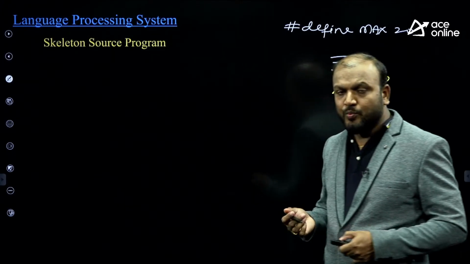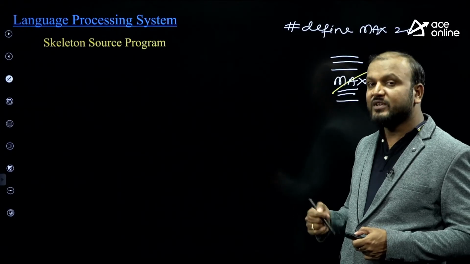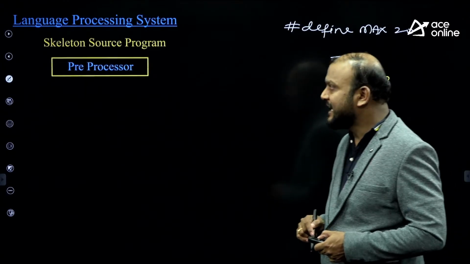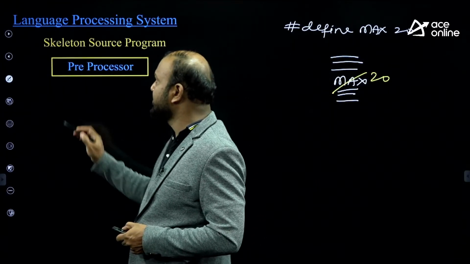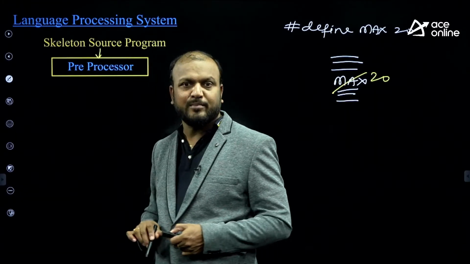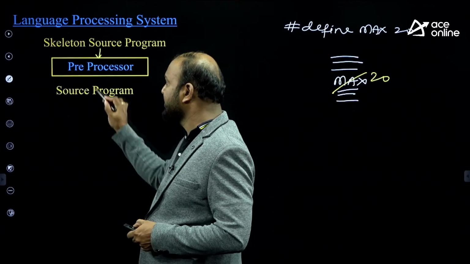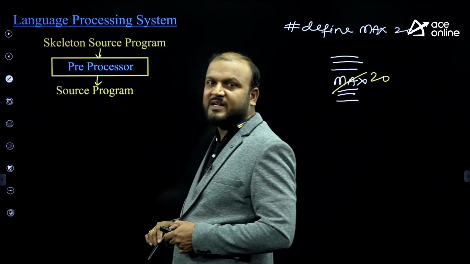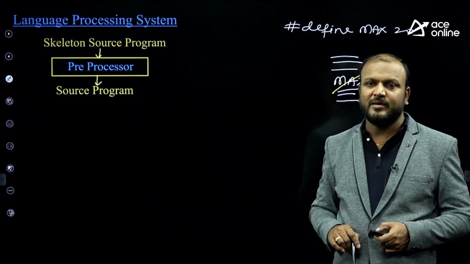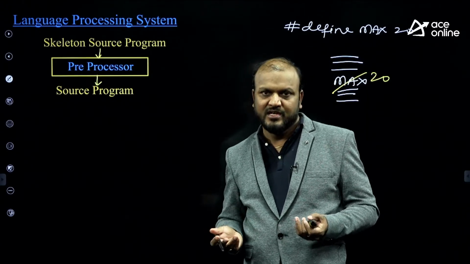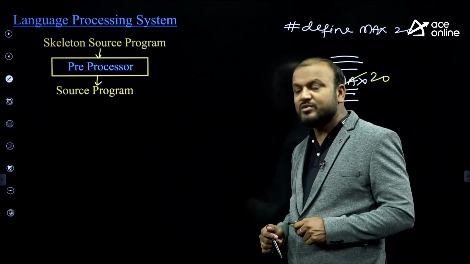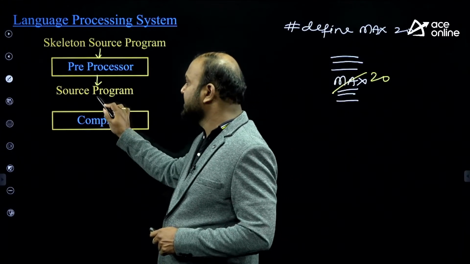To perform this task before the compilation, again there should be some language translator. That language translator is called preprocessor. What will this preprocessor do? It takes as input a skeleton source program that may have macros, and macro expansion is going to be done. After macro expansion, we can call it a source program. Fine. And do remember, these preprocessors may not be there for every language. When I'm talking about C programming, we have preprocessor directives. And this source program will be taken as input